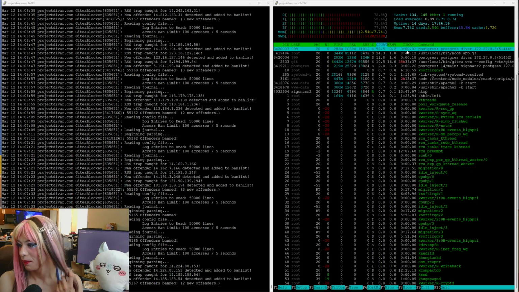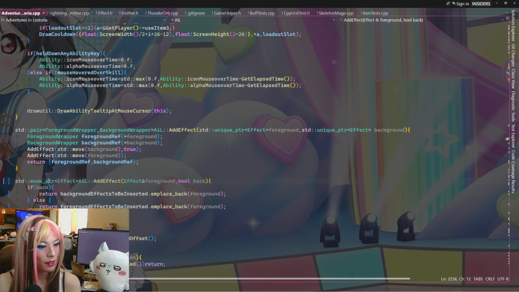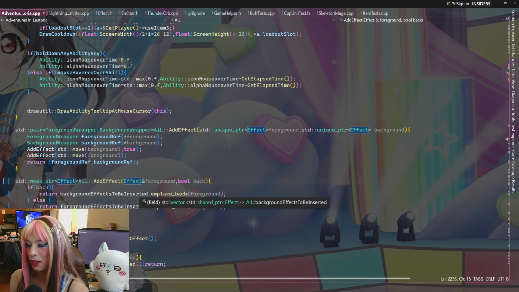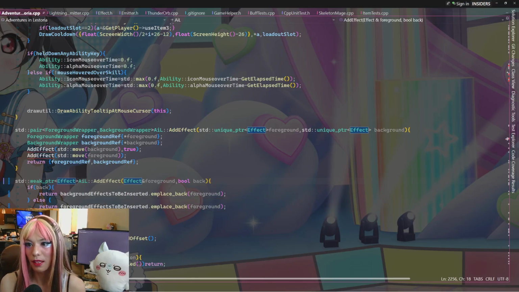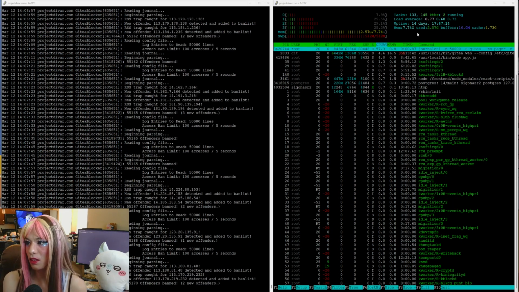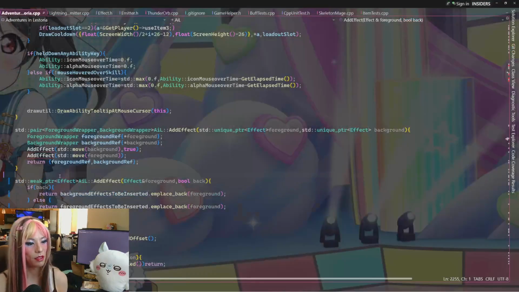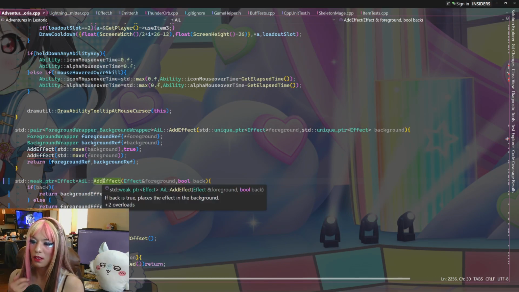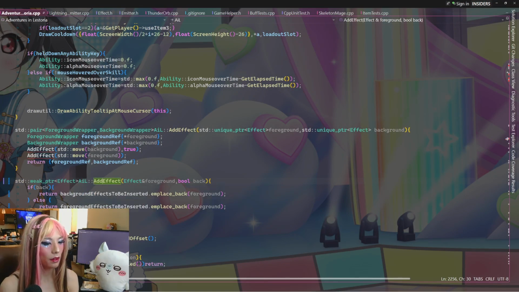So yes, what ended up happening was add effect returned a reference pointer. That got me thinking, why are we returning a reference pointer? That's a little strange, because let's say you make a reference to this effect, and then you do something with it. Well,